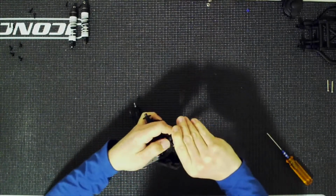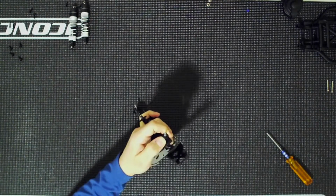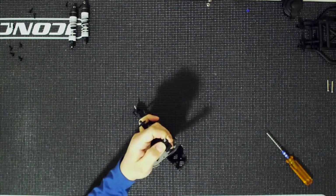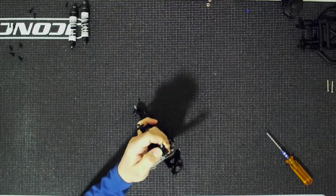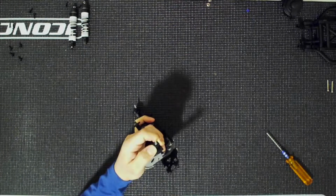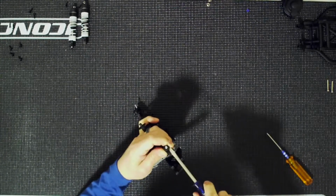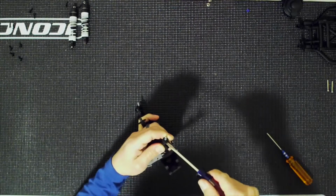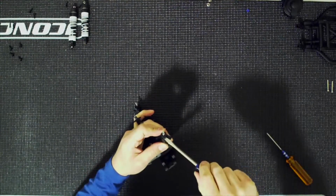These hexes should come out, but if they don't, you can actually just pry them out. You can use just a flathead screwdriver, any size. You can use a number 2, for example, or something a little larger. The only thing you have to do is peek inside and try to see where